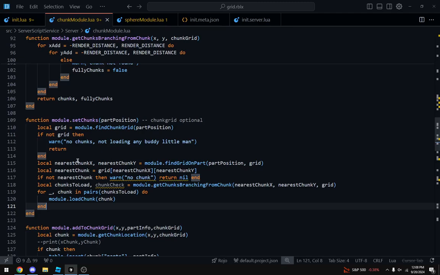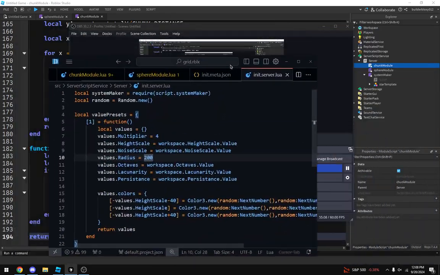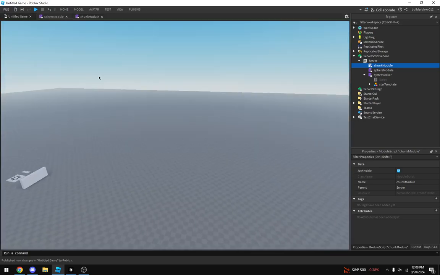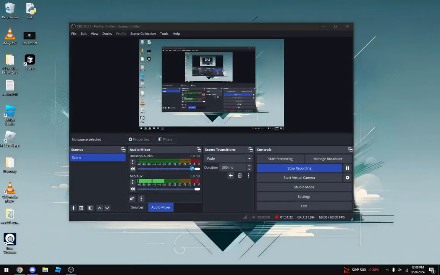We're gonna have to do a lot of stuff with parts, adding them to a list of total parts on a specific chunk grid. Check if any of those parts are within a render distance of the chunk grid, and if they are within that render distance, then we don't want to unload it. However, if they aren't, then we can go ahead and unload it. So a lot of things to consider here. This is going to take a while. So let's go ahead and save everything here. Let's go ahead and publish this. And let's close out of all of this. Alright.